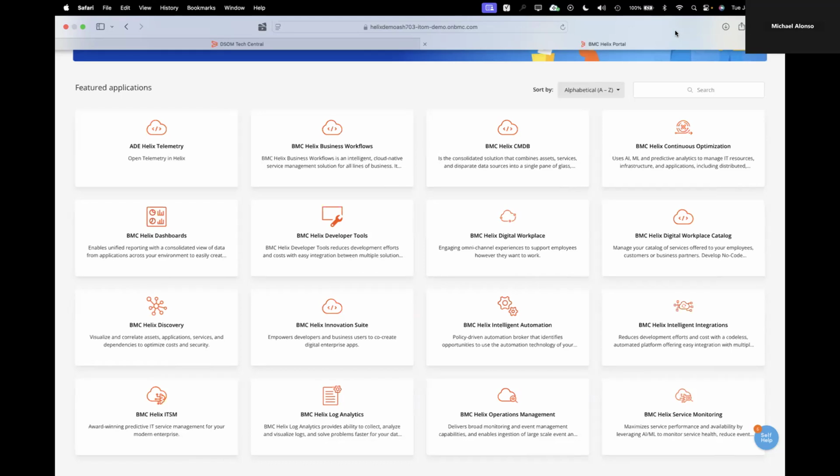The other thing we did is we decided we wanted to be an open platform. So what does that mean and why? Basically, what that means is BMC built our Helix platform on open technologies. We're using things like Kafka, Kibana, Elk Stack, Elasticsearch, Grafana, Victoria Metrics, things like that to build this platform. What does that mean for you? Why is that so important?